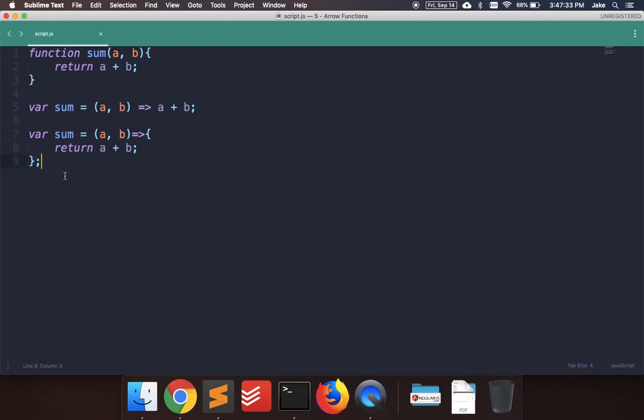If you have one parameter, you could make it even more simple. Say you want to do an operation like divide by 2. So we have a function half, passing one parameter, and we say return a divided by 2. Since we have one parameter, we could do an arrow function var half equals a, so you don't even need these parentheses around it, a divided by 2. And